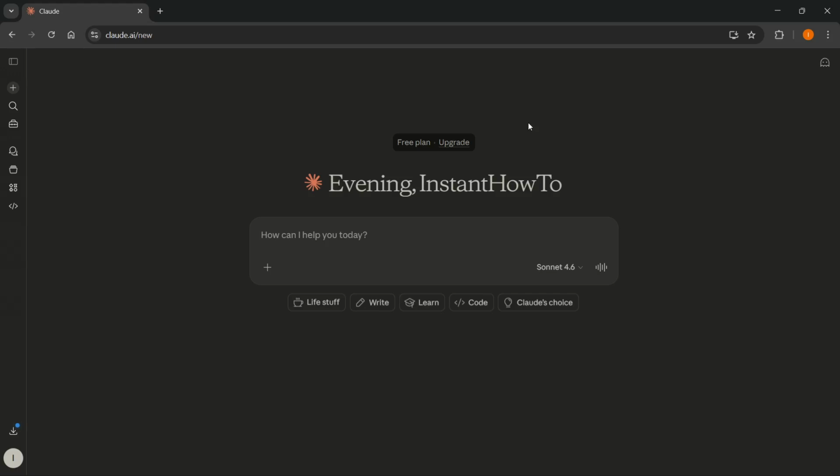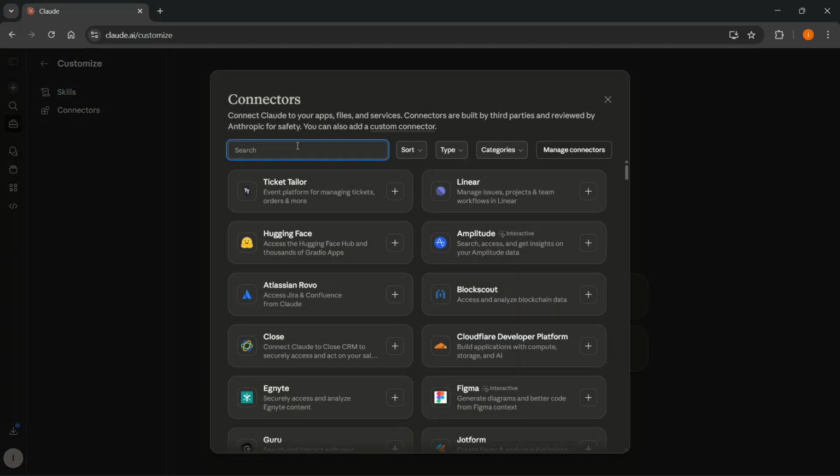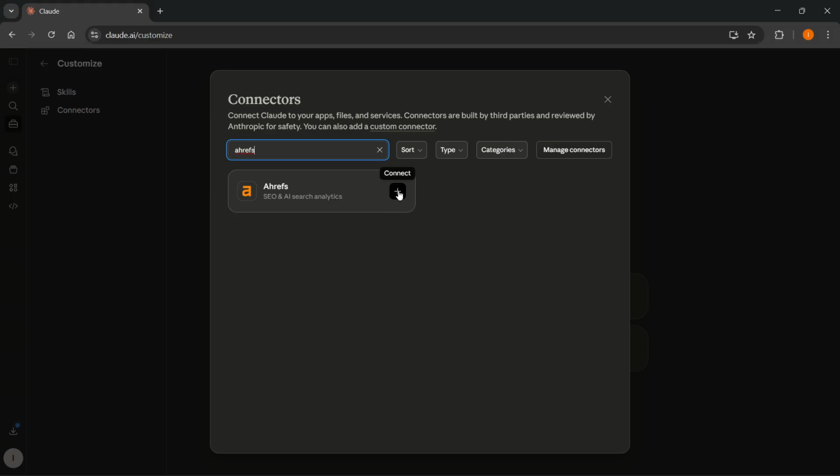In this video, I'm going to show you how to connect Ahrefs with Claude. Now, the first thing you have to do, you want to go to the left and you want to click on Customize, and from here you want to go to Connect Your Apps. Here you want to look for Ahrefs, just like this, and you want to click on this plus button next